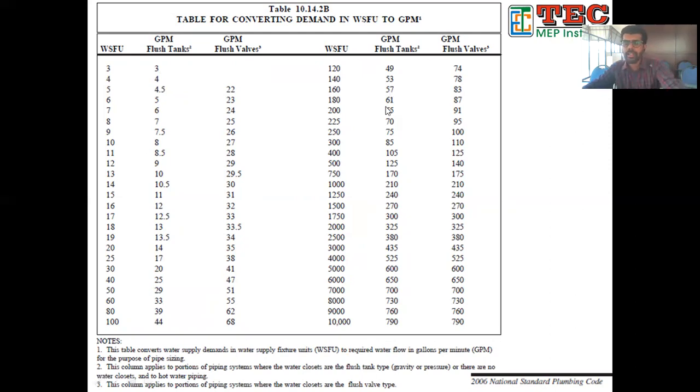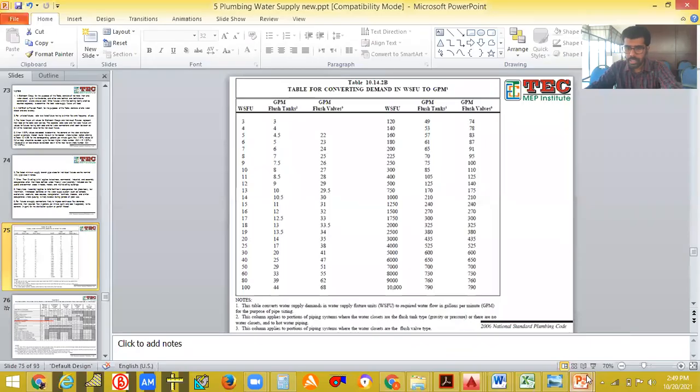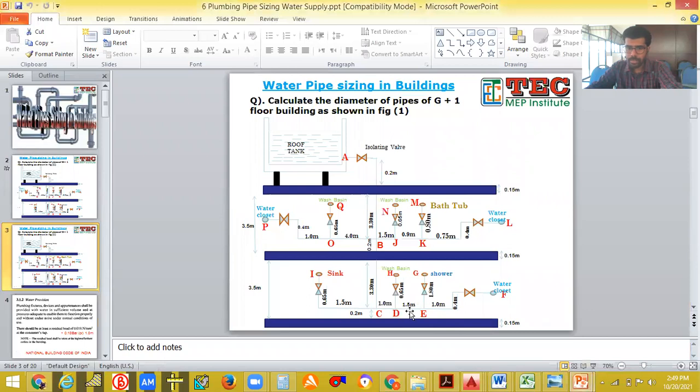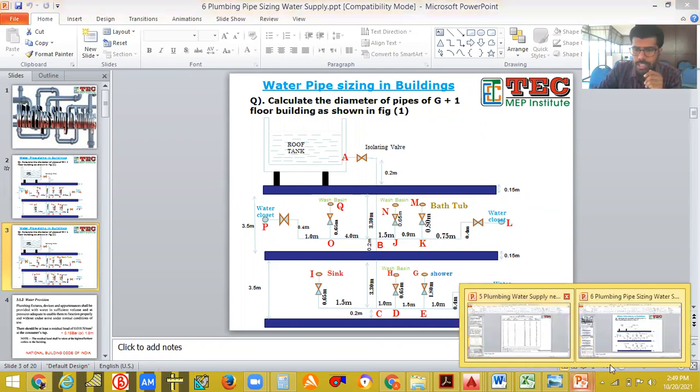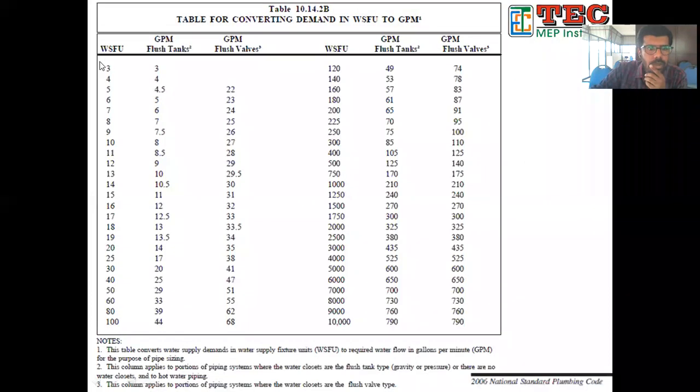Okay. So here in the pipe DE, what is our fixture unit? 4.5. 2 plus 2.5 is 4.5, right? So with respect to 4.5, we need to know what is the GPM. For 4.5, what is the GPM? We have to know it. So WSFU 4.5. After 4, it is 5 only. So if it is 4.5, you can take 5 here. So with respect to 5, what is the GPM? 4.5.